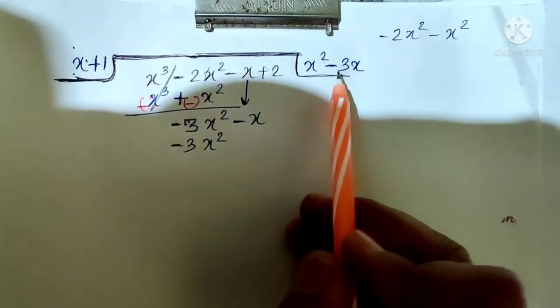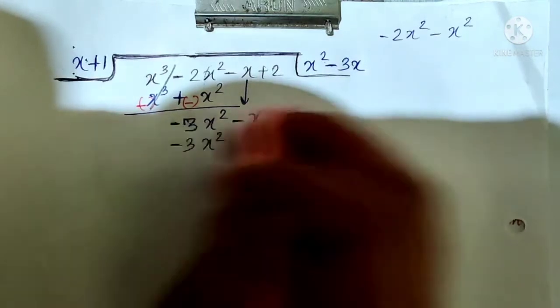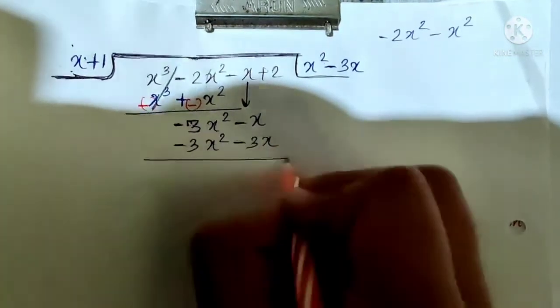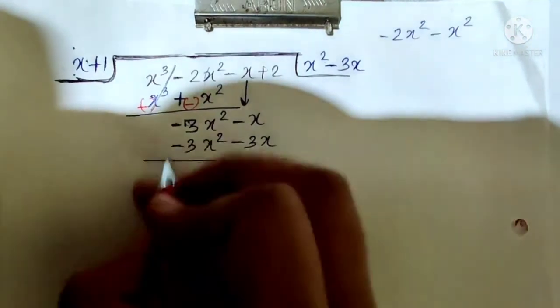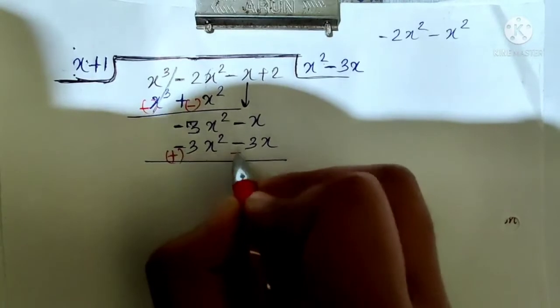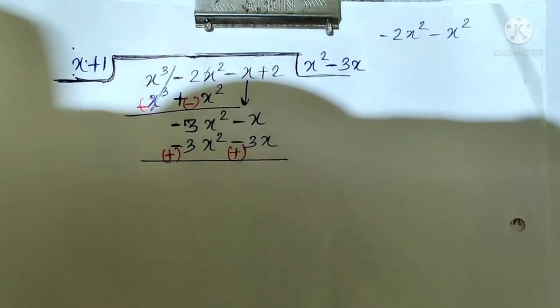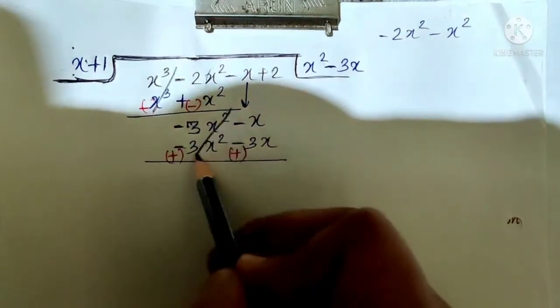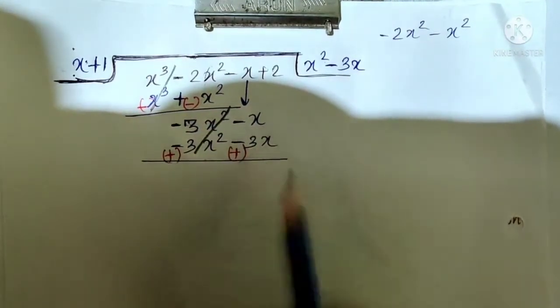Now this minus 3x will multiply this plus 1 also. So plus minus minus only. Minus 3x. Now the sign will change again. The downside one which was minus becomes plus. It was minus, so it will also become plus, because minus minus plus. Okay. Now we can cut this 3x square from this plus 3x square. How much left? Minus x plus 3x.